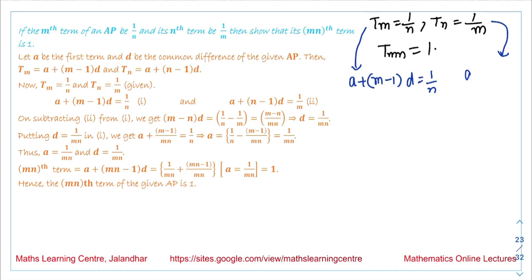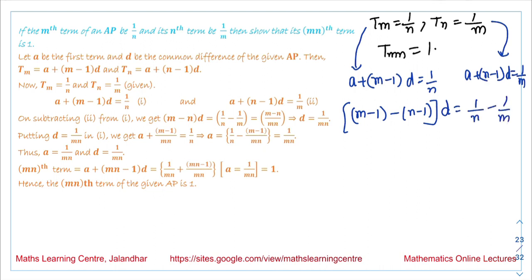From this we are getting a plus n minus 1 d, that is equal to 1 by m. Now if we subtract both these equations, we get m minus 1 minus n minus 1 d, that is equal to 1 by n minus 1 by m. So it is m minus 1 minus n plus 1 d, that is equal to m minus n over m